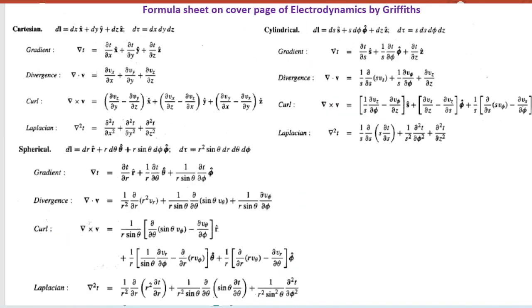And these formulas are also summarized on the cover page of the electrodynamics book by Griffiths. In the Cartesian case we have already seen the gradient, divergence, and curl. The spherical case also we have seen, and the cylindrical case we have already seen using that table. So this is the summary. One operator, the Laplacian operator, we have discussed once, that is del dot del. So if we know the del in different coordinate systems, then we can also find out the Laplacian del square also.